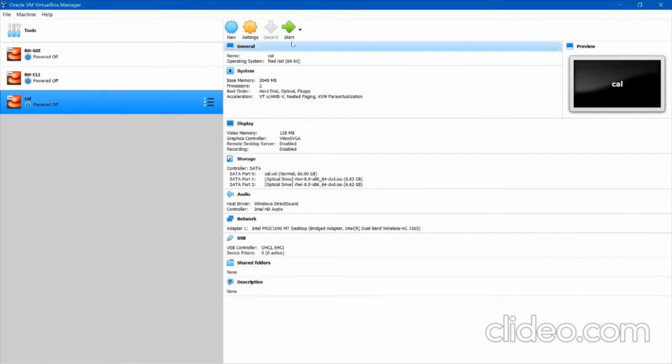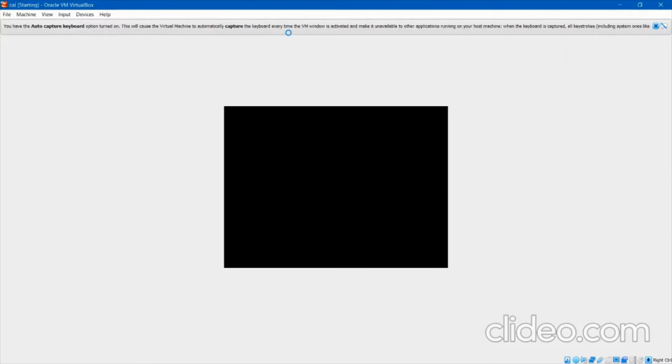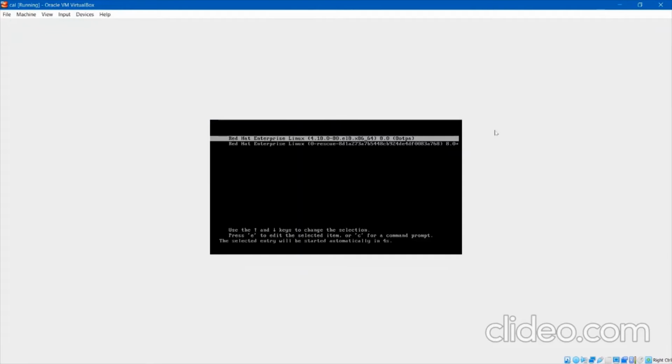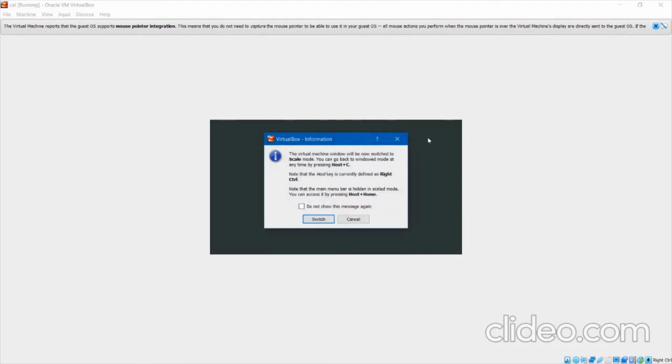So my OS is ready, my VM is ready. I'm just starting it. Wait for a minute, it will be up. For a big screen I am doing right Control plus C. It is asking for a switch.